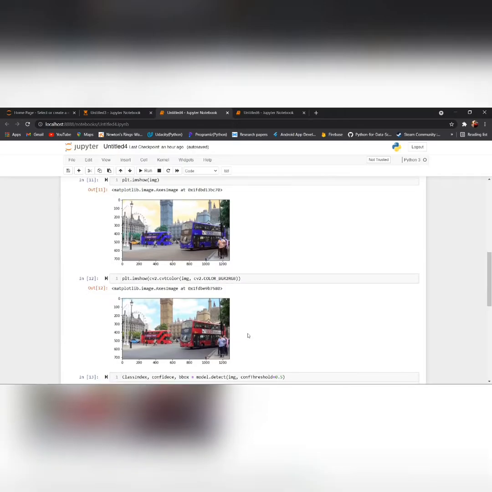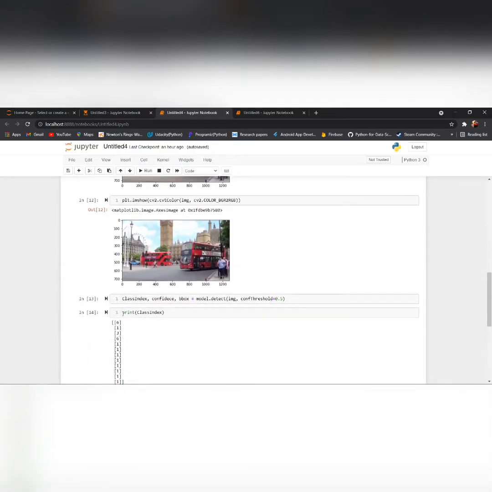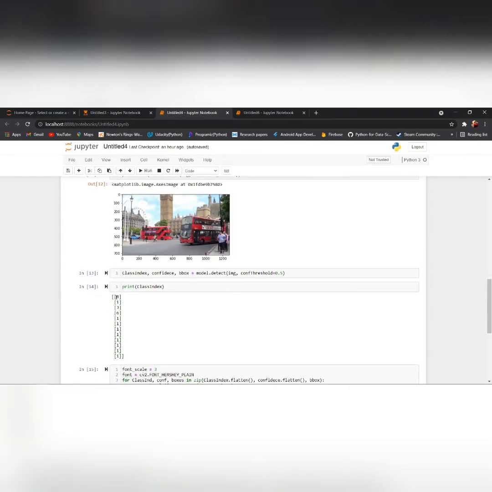Coming to the detection part, here I have used print class index. You might remember from the previous program we got 3, that is, it detected only one object, a car. Here it detects a large number of objects, that is people, buses, cars and more. So here you can see it has detected class 6, class 1, class 3, class 6, and so on.